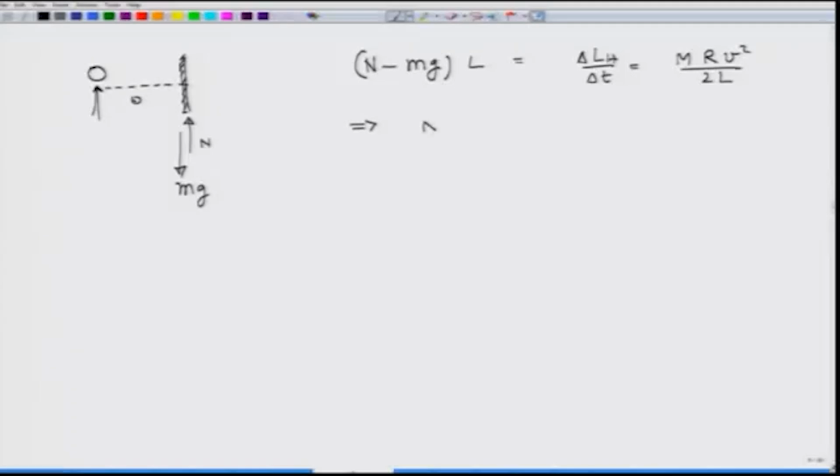This implies N is going to be equal to m r v square over 2 L square plus mg. I should have used a capital M out here, which is the same. So, you see the normal reaction of the ground is larger. If the normal reaction of the ground is larger, that means the wheel also must be pressing it by that much force. So, the wheel presses the ground by a force